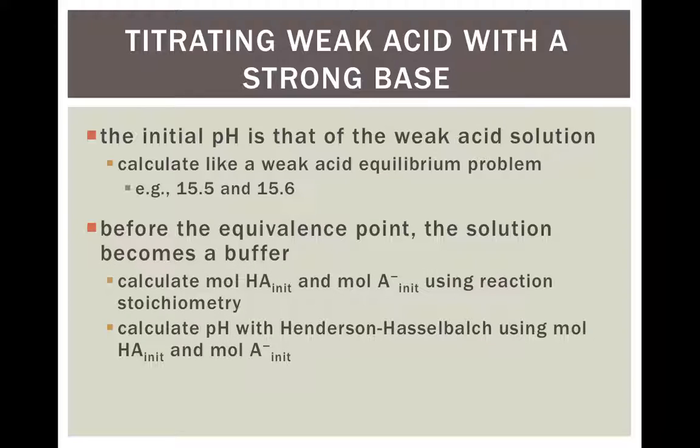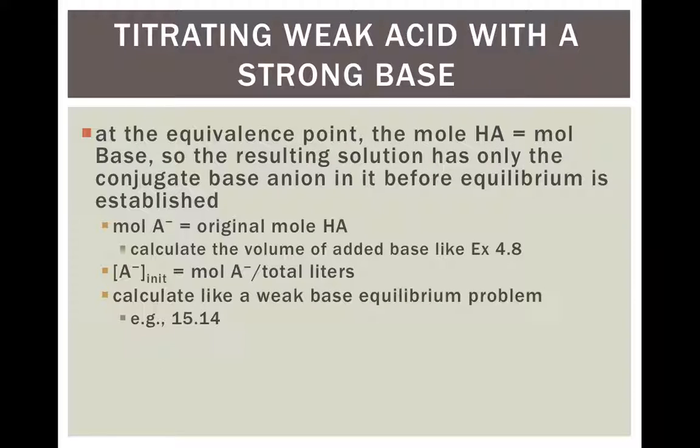The initial pH is a little bit higher, because you have a weak acid, and then remember that the equivalence point is actually going to be a little bit higher than 7 because it's going to be more on the basic side than on the acidic side. And then half neutralization pH at the halfway point. Remember, pH equals the pKa. When you titrate a weak acid with a strong base, remember that the equivalence point is going to be a little bit higher. For example, calculating the volume of added base like 4.8, and then when you go up to the